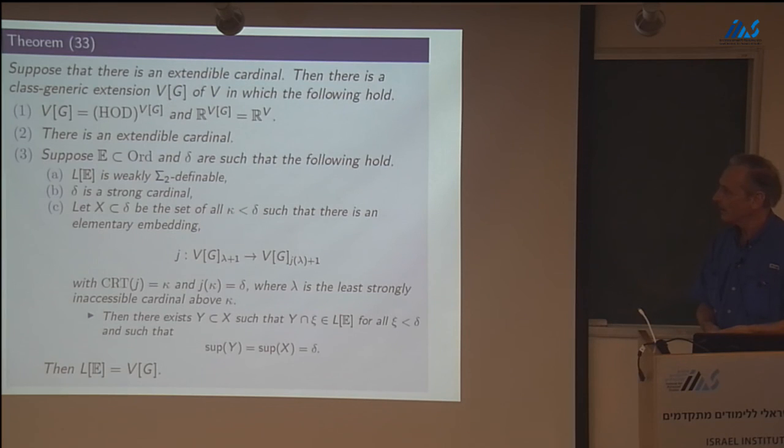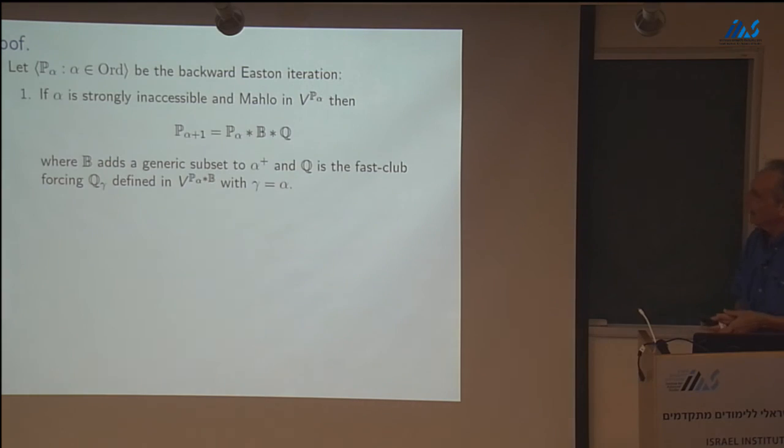Okay, so what this is saying is no matter how we're building this magic model, no matter how you define in a Sigma_2 or weakly Sigma_2 definable way an inner model which can compute the initial segments of it's there, then there's only one way to do it, and that's V[G]. Okay, so I have 5 minutes. Maybe I shouldn't do the proof.